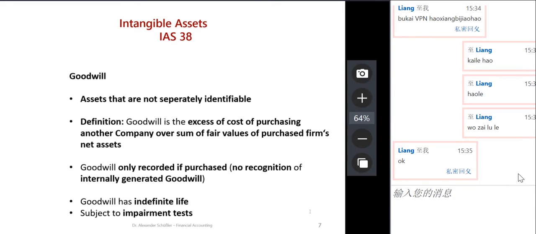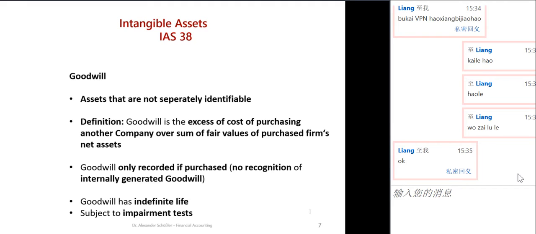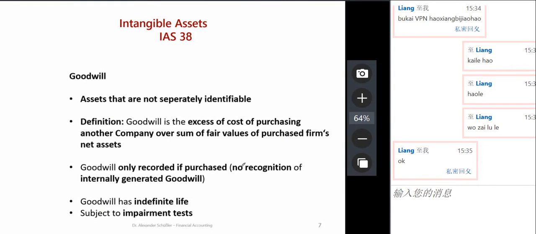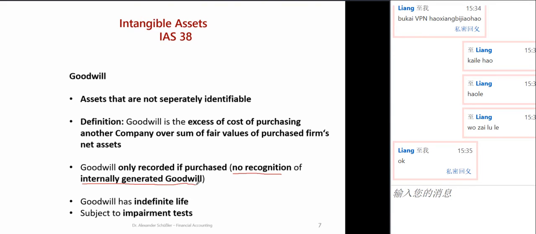brand name, for example. But the thing is that goodwill is only allowed to be recorded if purchased. Only when you buy goodwill, only in an acquisition, goodwill is allowed to be recorded on the balance sheet. So internally, you're not allowed to record internally generated goodwill. So, for example,